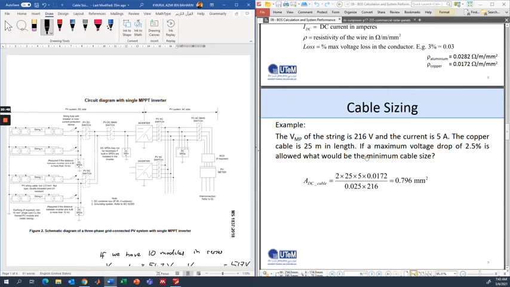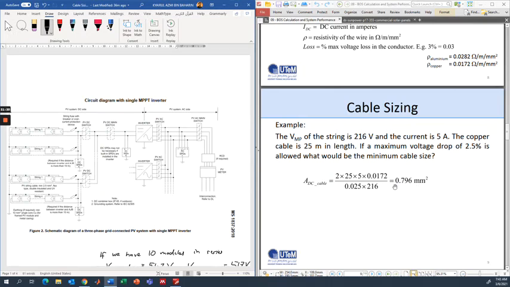So it's a copper cable, so we put in 2 times 25 meters, times 5 amps, times 0.0172, which is the resistivity for copper, divided by 0.025, this is the voltage drop of 2.5%, and then 216 is the VMP of the string. To get the value here, 0.796.